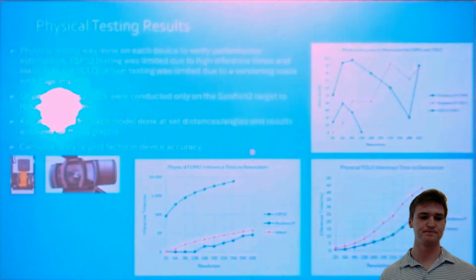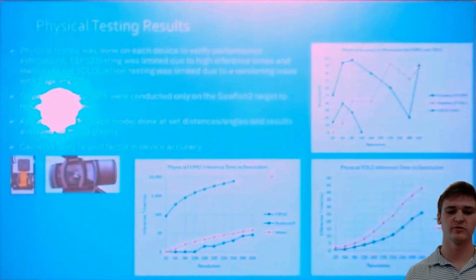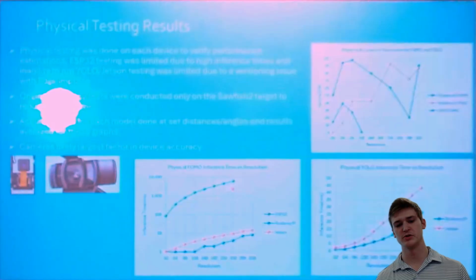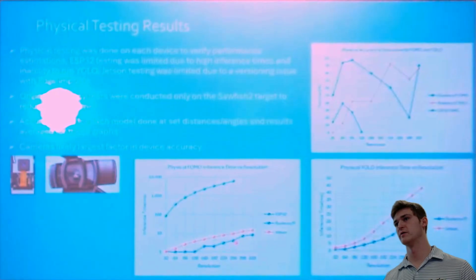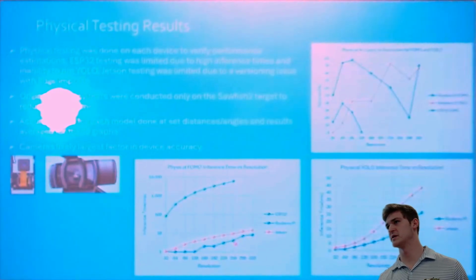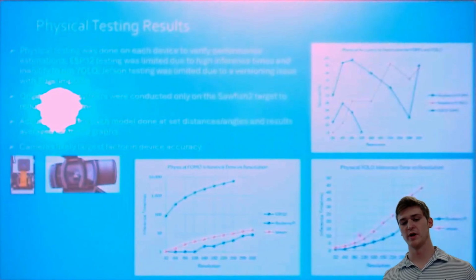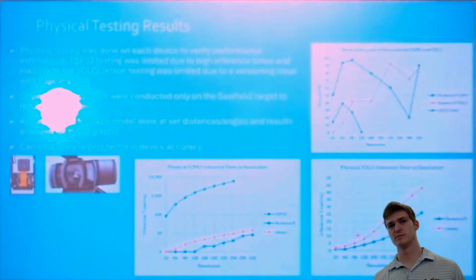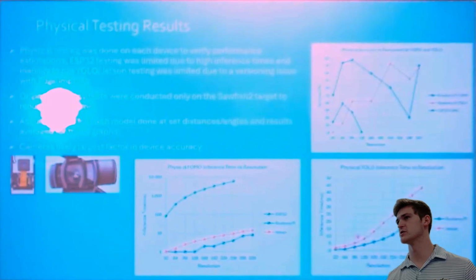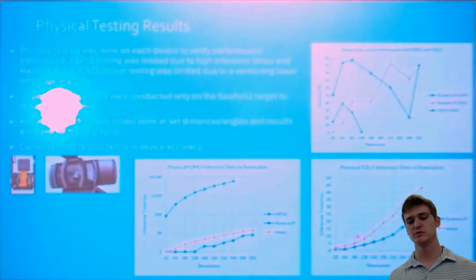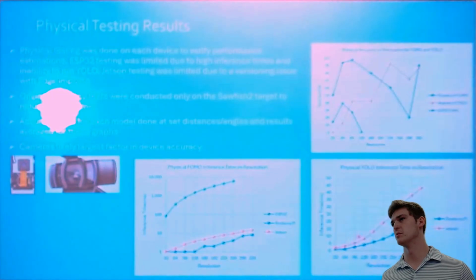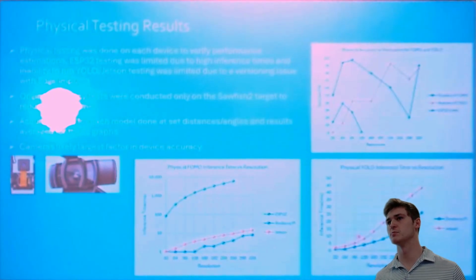So you can see that for the FOMO inference time versus resolution, ESP32, again, really high inference times, up to 10 seconds. The Raspberry Pi actually had lower inference time than the Jetson, which was unexpected for both FOMO and YOLO models. The Jetson's an NVIDIA product, they specialize in AI computing, so you would expect the Jetson would have the higher performance there. And that could be due to the different deployment methods with the Python SDK and the Edge Impulse Linux command